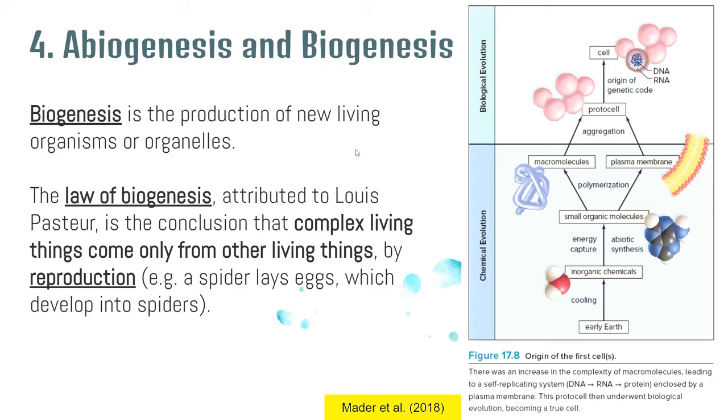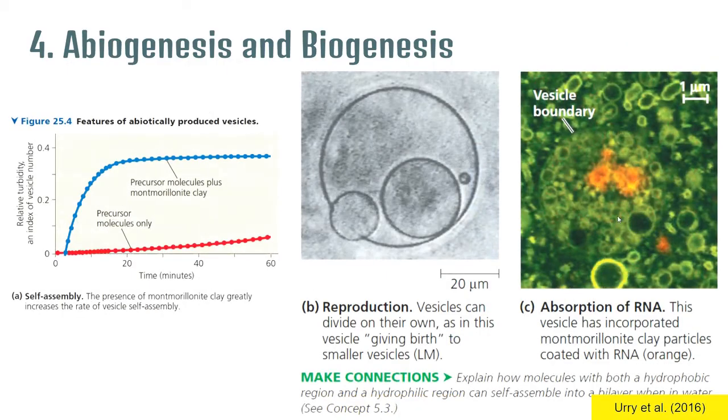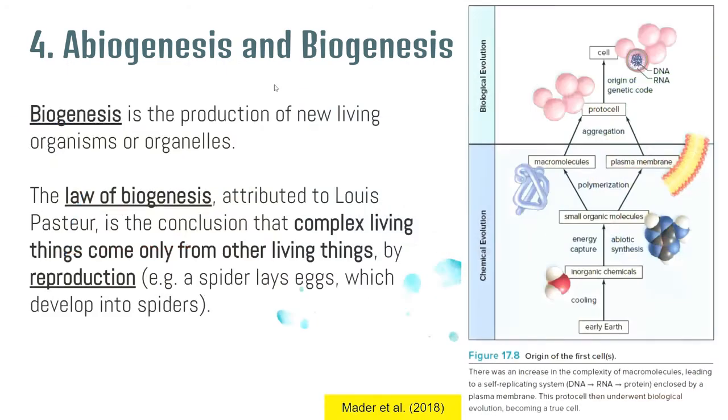What we've previously mentioned was abiogenesis, the possible rise of protobionts from molecules, through the events that we've mentioned. Now, what happened after this hurdle? We call that biogenesis. So this is the production of new living organisms or organelles. As you notice, the prefix a, which means non-living, is removed because now we are talking about the production, the creation of living organisms.